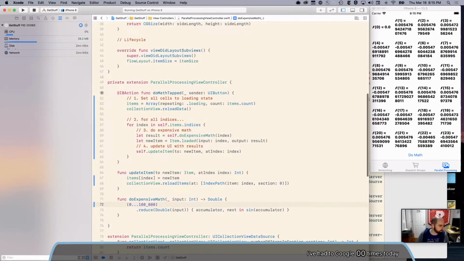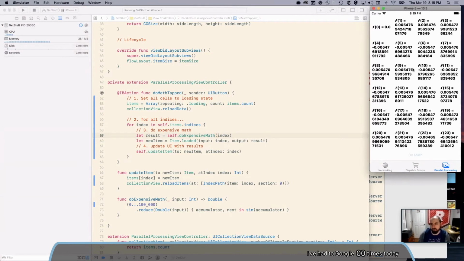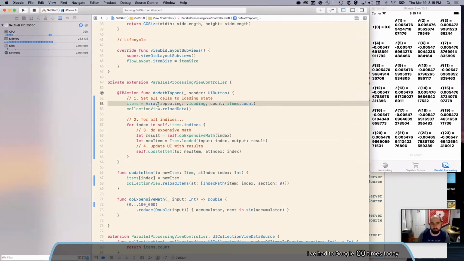Let's see. One way that we were doing things, and often you'll see people say, if something freezes your UI, just do a dispatch async main queue. And by the way, one other thing we should notice is when I click do math, we don't get our loading state. We asked the thing to go into loading state, and we asked the collection view to reload data.